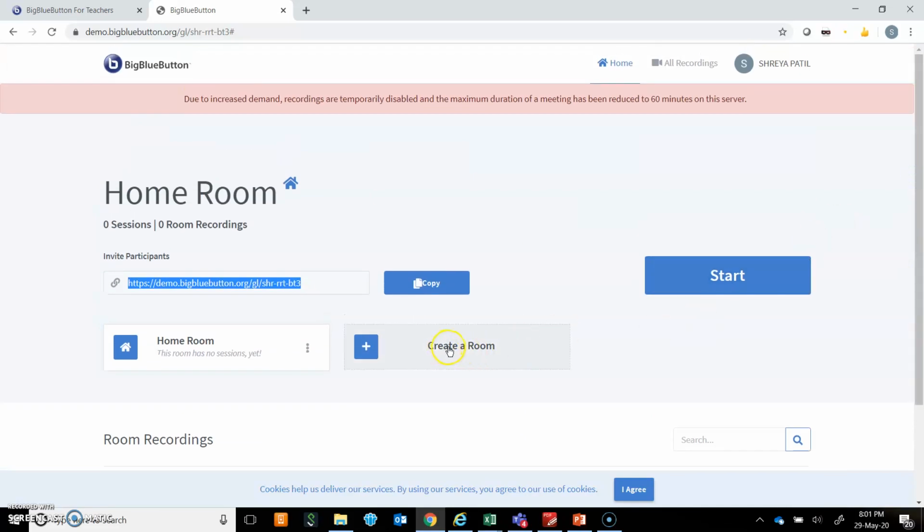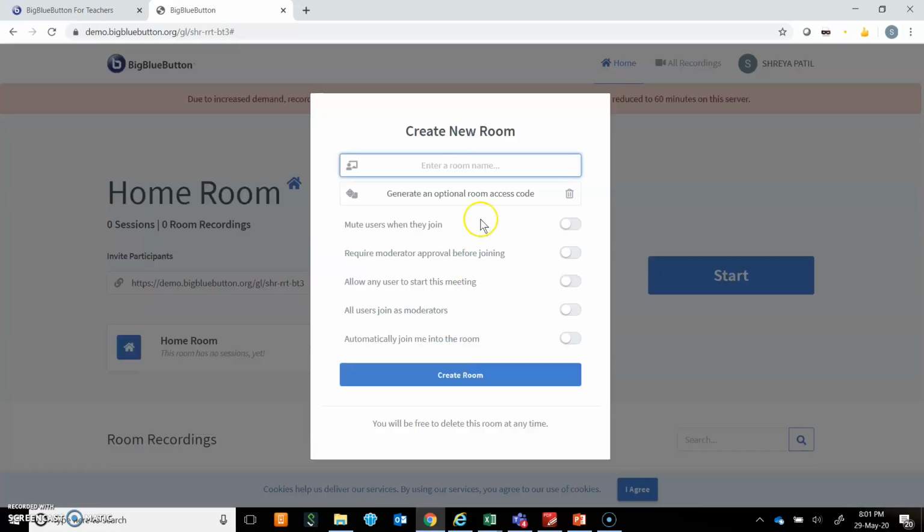I can also click on create a room where I can give a name to the room. Here I can have options for the meeting. For example, I can mute the users when they join. I can approve them before joining. I will not allow users to start the meeting without me, so I will not check this button.